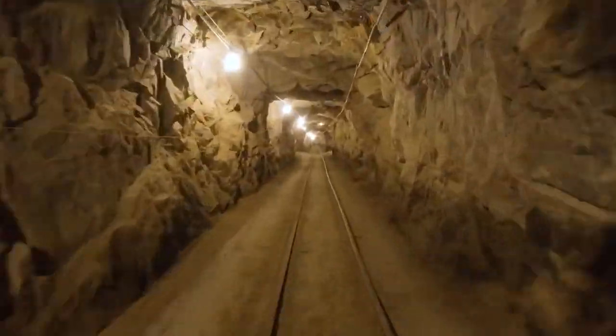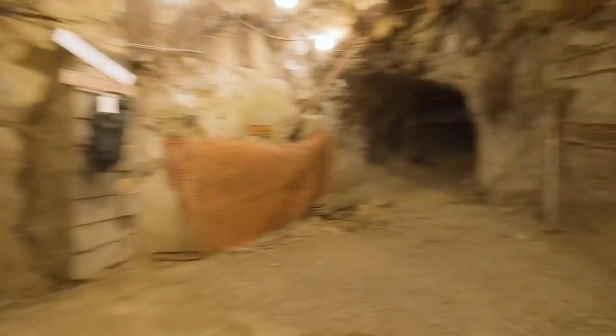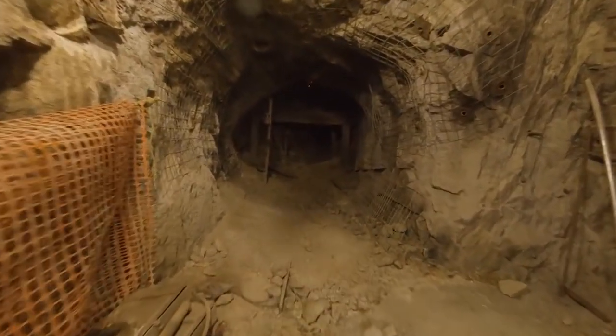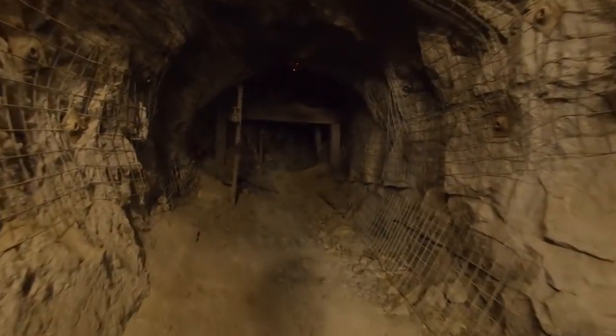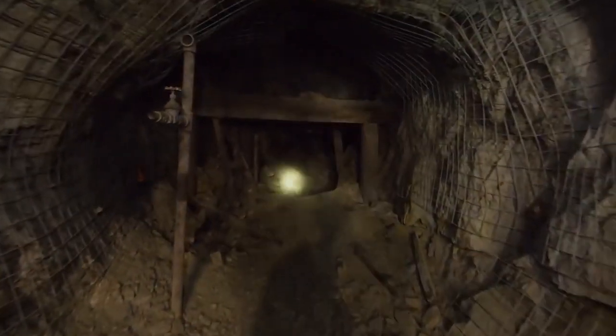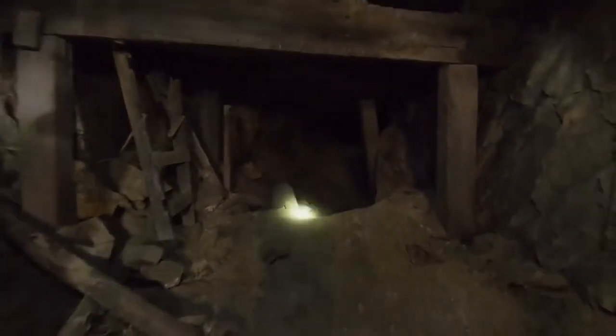Here's where things start to get a little more complex. This is the first intersection we've come across in the tunnel, and we're going to take a peek to the right. As you can see, those rails go away and the ground gets a little trickier. As the space gets more and more confined, that nice overhead lighting isn't around anymore. We're throwing on headlamps so you can see for the purposes of this video, but without those, it gets dark